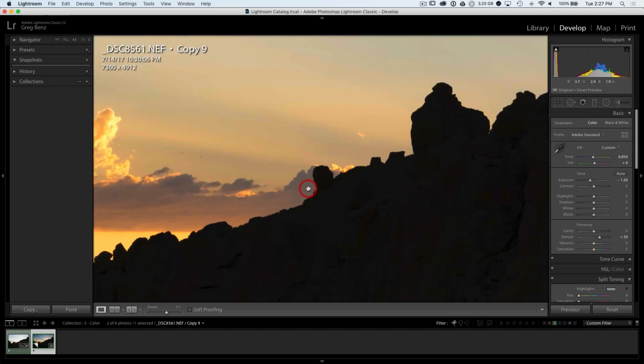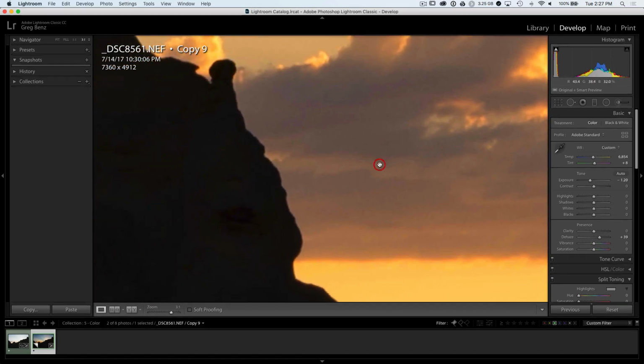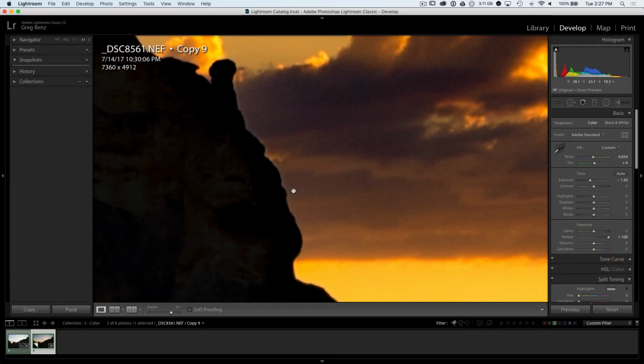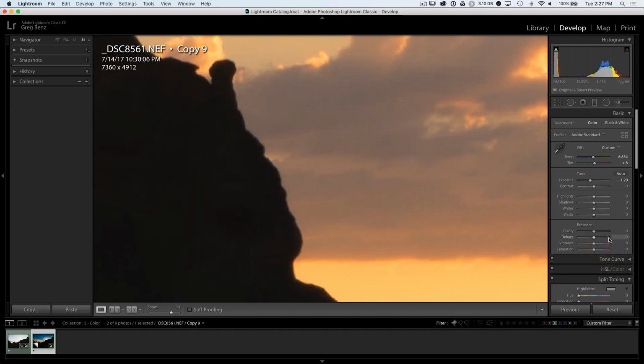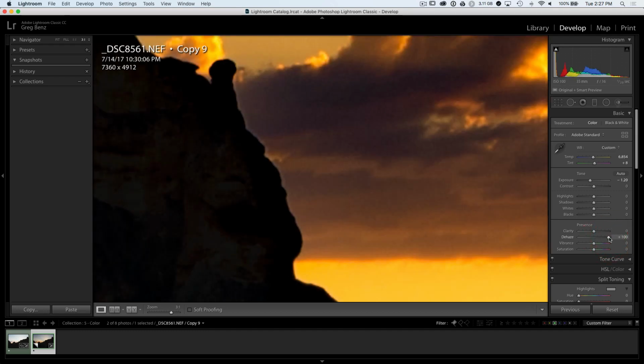But let's zoom in and just take a look at some of the details here. We'll zoom in even a little closer. And watch what happens when we have no dehaze versus bringing dehaze all the way up. Notice that at the max here, there's a little bit of halo introduced. So at smaller values, there is going to be a subtle halo. But also watch the edge carefully. And notice that that edge is shifting by about a pixel or so when we use dehaze. So just like clarity and sharpness, dehaze will affect your edge pixels,